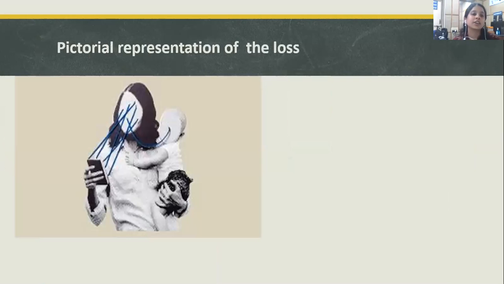So here, this is one pictorial representation I would like to give about what the parents are actually losing here. You can see that the mother is looking into the phone and the child is actually looking at the mother. So here parent-child interaction gets compromised in this circumstance.